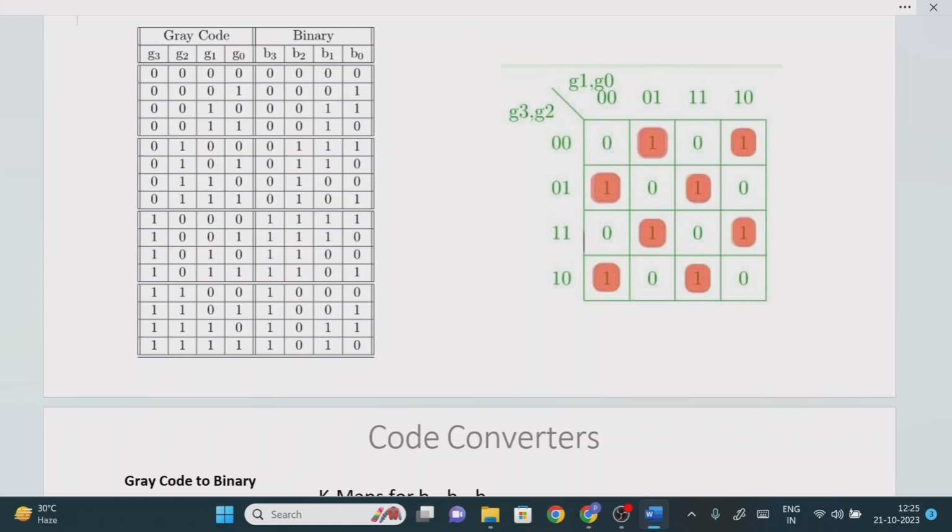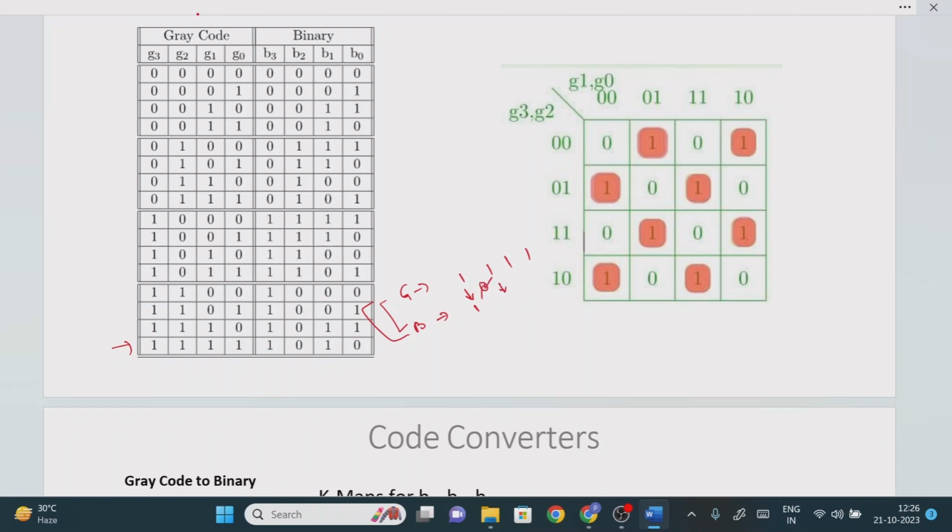Now we'll see how to convert the gray code to binary converter. So for example, what is the given number, gray code number, right? We'll consider this number. So what is the gray code number? 1, 1, 1, 1. It should be converted in terms of the binary, right? So either we're converting from gray to binary or binary to gray code, the MSB bit value will be the same. But in case of binary to gray, we need to use the horizontal operation. So in case of gray to binary, we need to use the vertical operation.